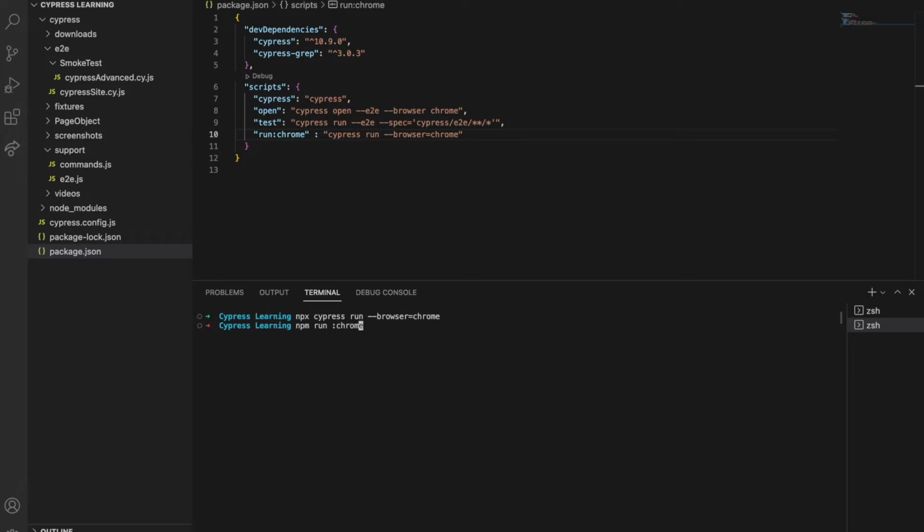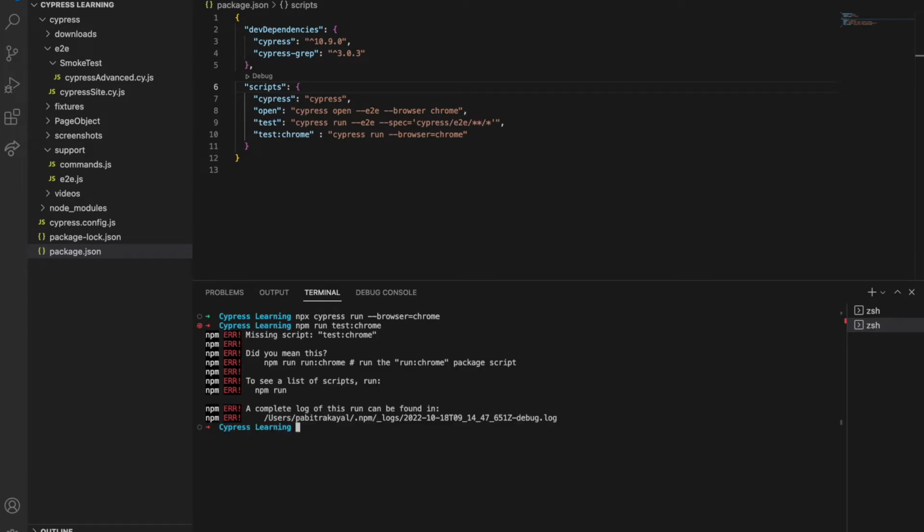Chrome. Okay, so let me tell you one thing, instead of run, npm run test. npm run is the command. Now you need to specify the script name, which script you want to execute. So I want my test to execute in Chrome. So if I hit this one,